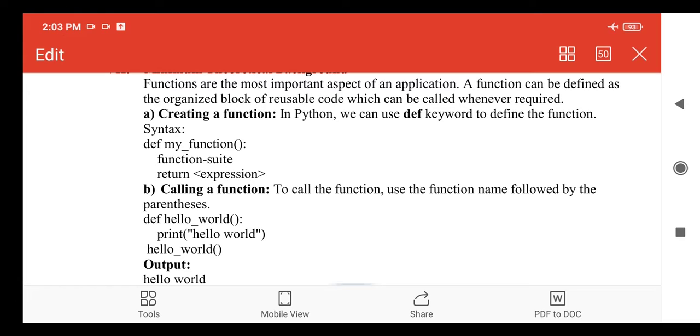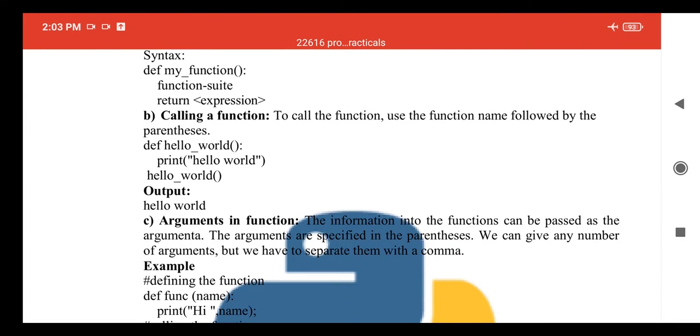There is no need to write any expression after a return statement. Keep in mind that we have to use a def keyword to define any function. Next, to call the function, use the function name followed by the parenthesis.